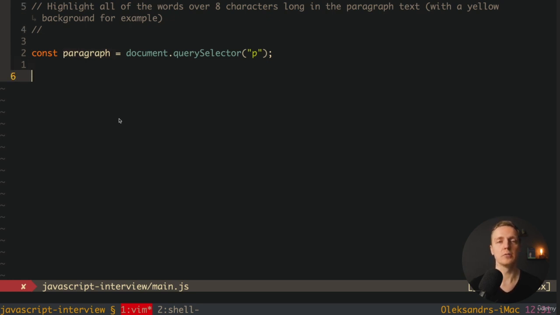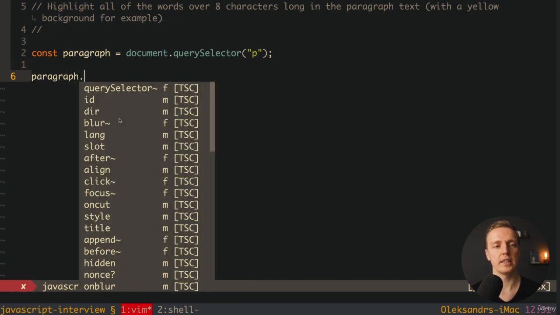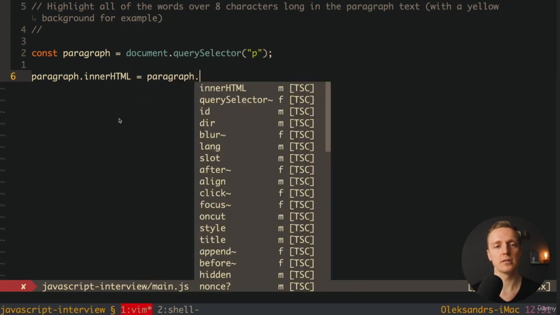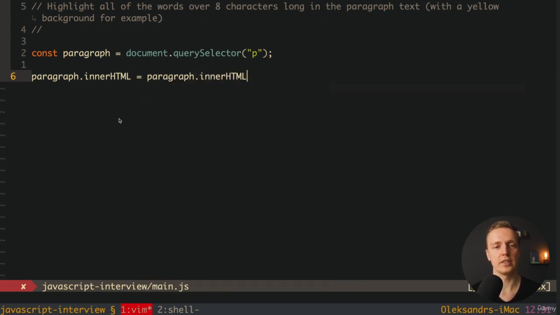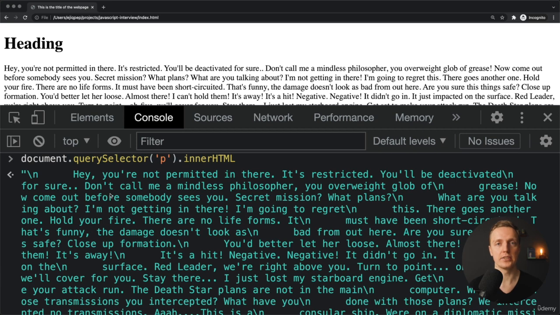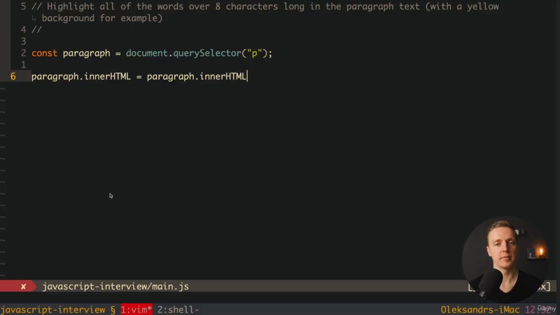What we want to do now, we want to change our content, so our innerHTML. This is why we can write paragraph.innerHTML equals, and we want first of all to read paragraph.innerHTML. And as you can see, this is how our content inside innerHTML is looking like, so this is just a plain string, and now we can work with it just like with normal JavaScript string. So what we want to do now here, we want first of all to split it with space. In this case, we are getting an array of our words, and now we can use map